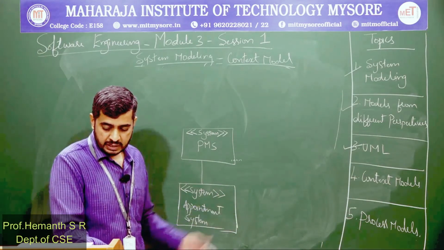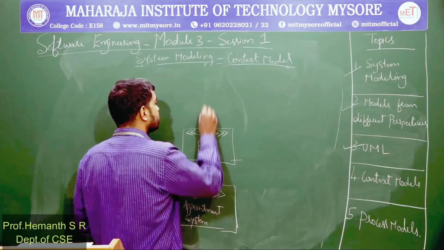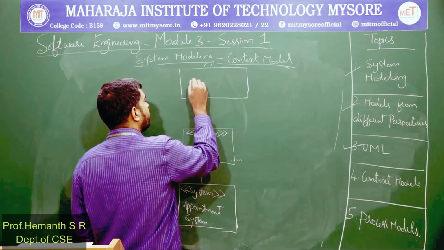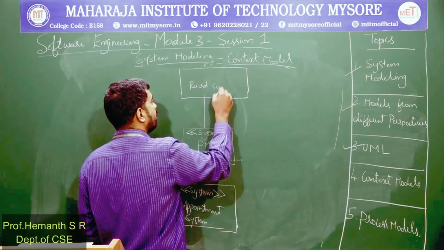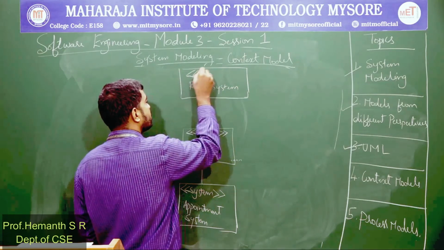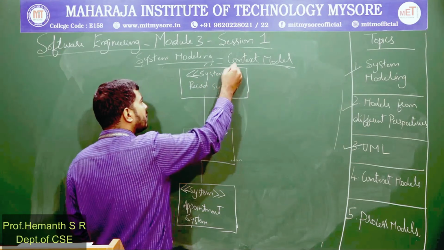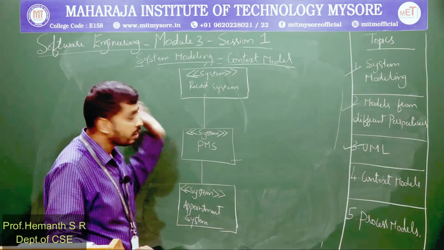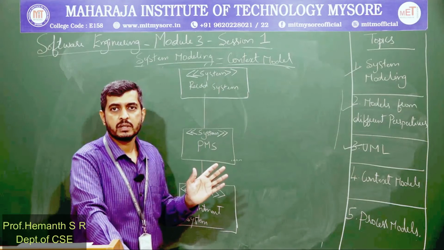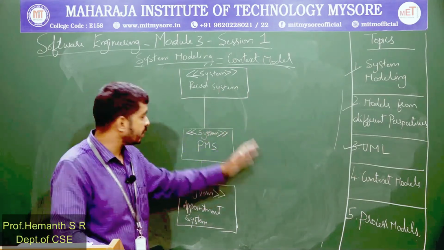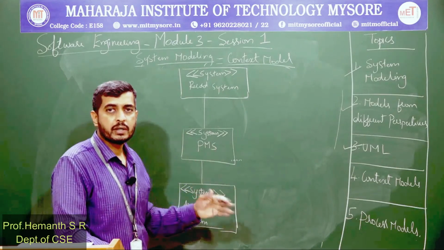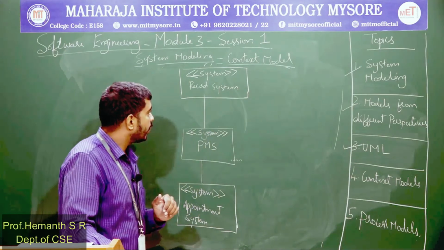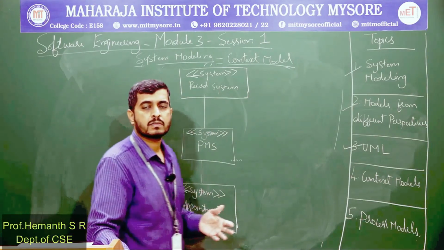In similar lines, we can have other systems like maybe a record maintenance system, a rectangular block indicating the type of system. I'll write it as record maintenance system or record system. Please understand it is a separate system but in the environment of the PMS. It's not completely outside the environment. It may be a different software or system, but it is within the environment of the PMS, meaning that it will work with the PMS to give the required service.